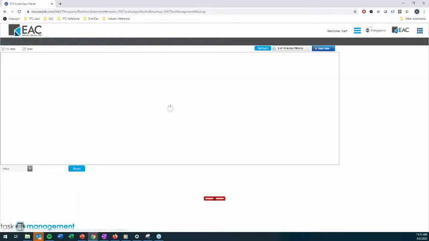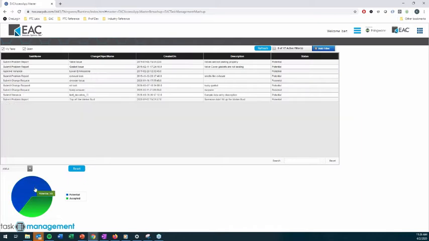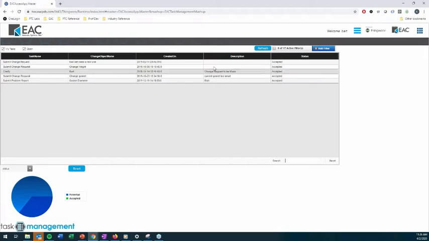Now let's take a look at task management. So task management is going to be on the engineering side of things. So say I am an engineering manager, and I'm looking at a project and trying to organize things and trying to do a little bit of planning. What this app does is this app looks at all the Windchill tasks. So I've got problem reports, I've got change requests, I've got variances, all of these different things. And I can see, for example, again, in our graphical menu, I can see which ones are still up for grabs, and you can see that the filtering is done automatically, and I can see which ones have been accepted